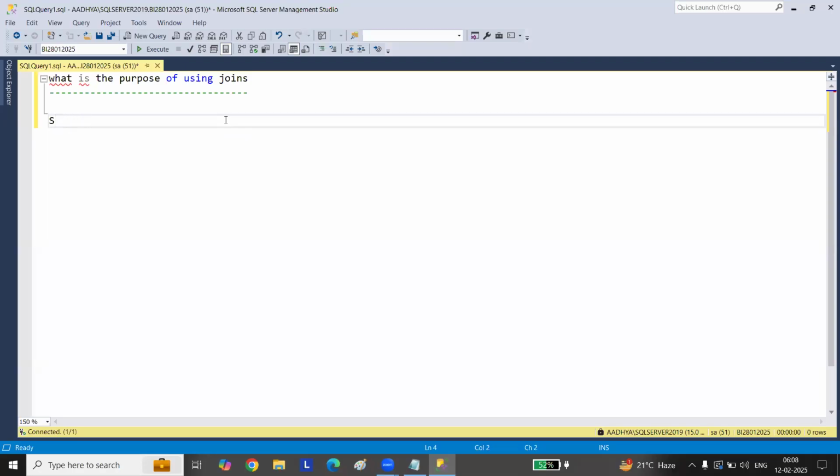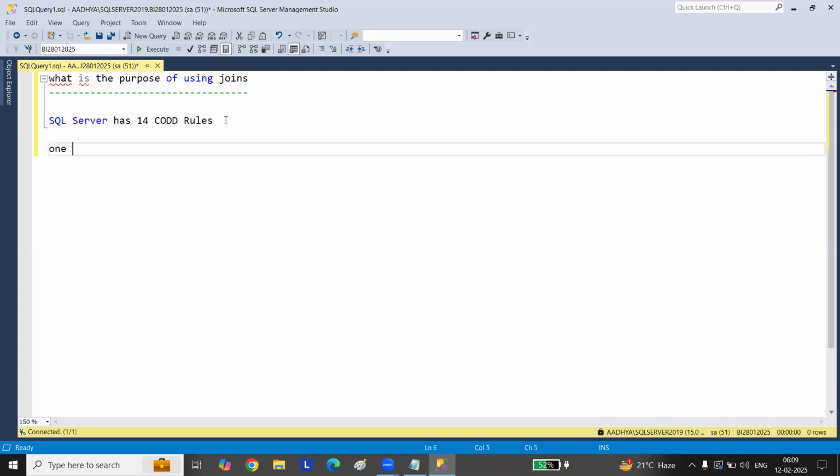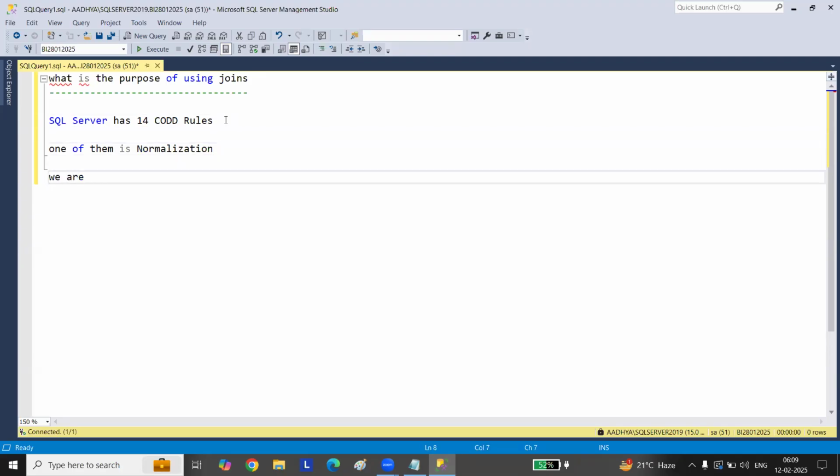SQL Server has got 14 core rules, and one of them is normalization. What we are doing is we are trying to split data into multiple